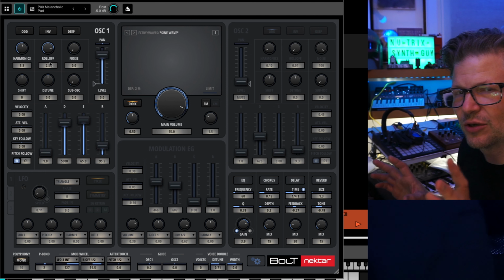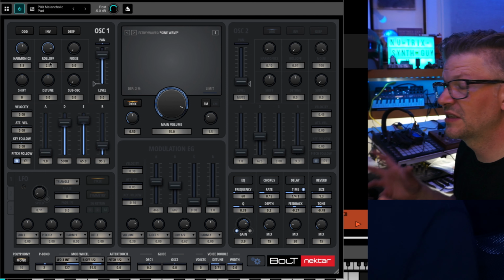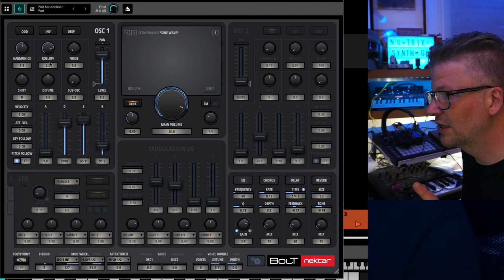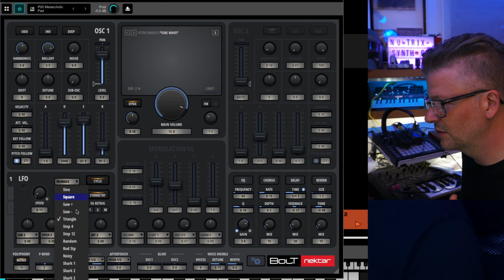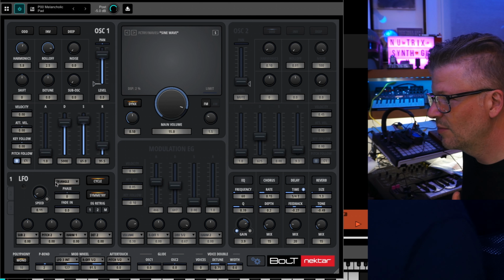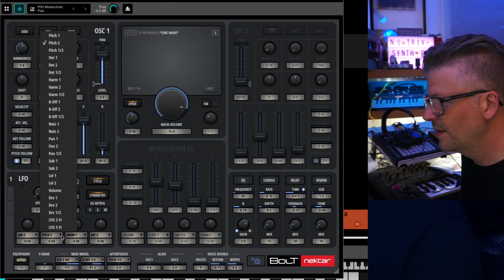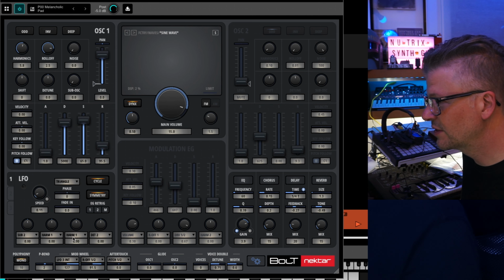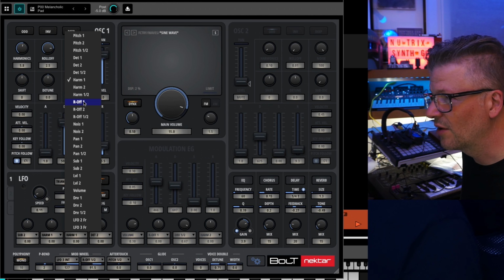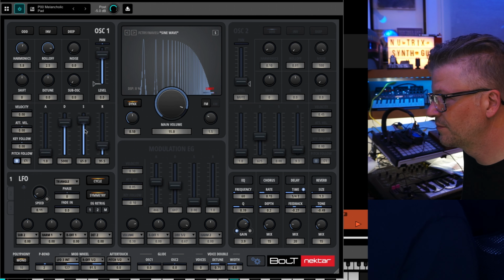And the modulation part of this, which is one of the greatest things of this synthesizer, is that you can actually use, let's say, an LFO here and say, I want to use this. There are many different shapes you can use, but I want to send it not to the pitch. I want to send it to the harmonics of my oscillator 1, or I want to send it to the roll-off of my oscillator 1. So now,